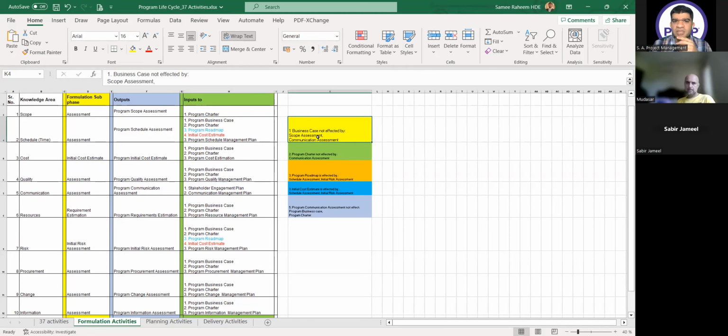We don't have business case in communication assessment. So the output of the scope assessment, which is program scope assessment, doesn't go to the business case, and the output program communication assessment doesn't go to the business case either. This is the first difference point. Program charter is affected by all of these outputs except the program scope assessment. In the program scope assessment, we have only program charter,